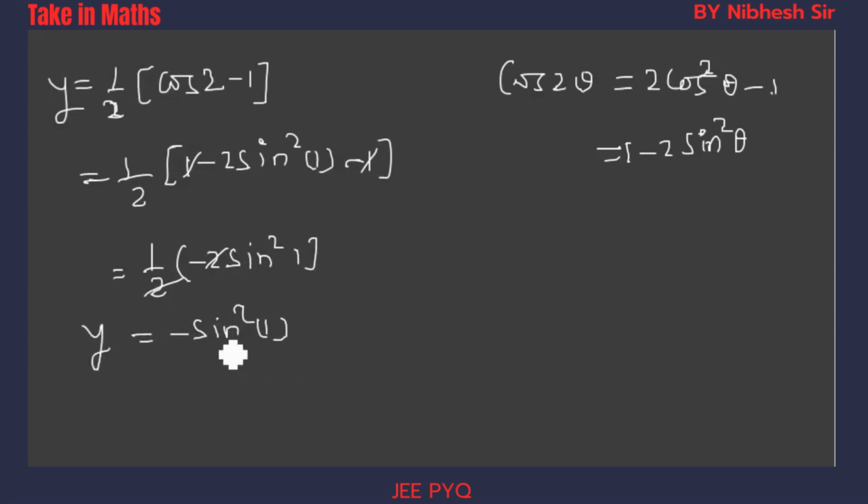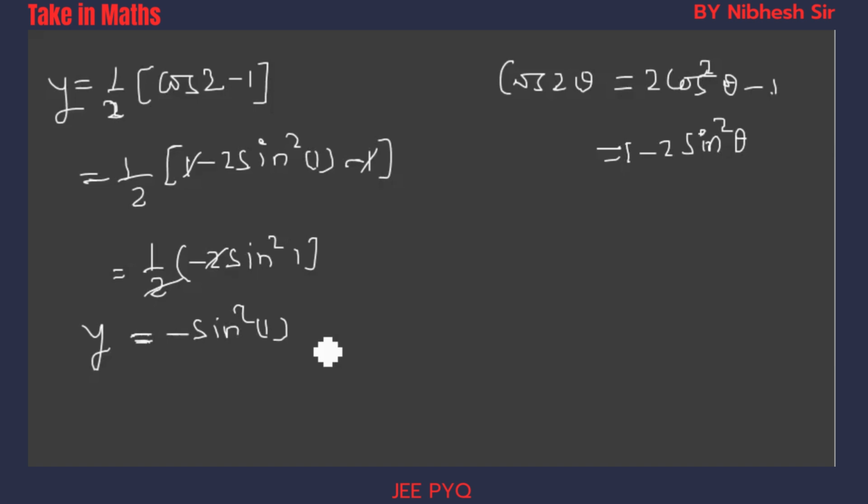So what is this here? Sin square 1 is negative, right? Sin square 1 before it is negative. So sin is negative in which quadrant, right? Sin square 1, so this is negative in